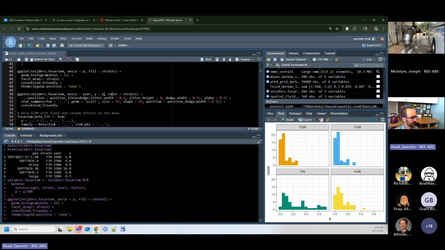We're going to make a separate color for each strain. And this is what they call a strip plot, because we're going to plot all the data as individual points that are jittered, and we're going to add a median summary line in front of each one,